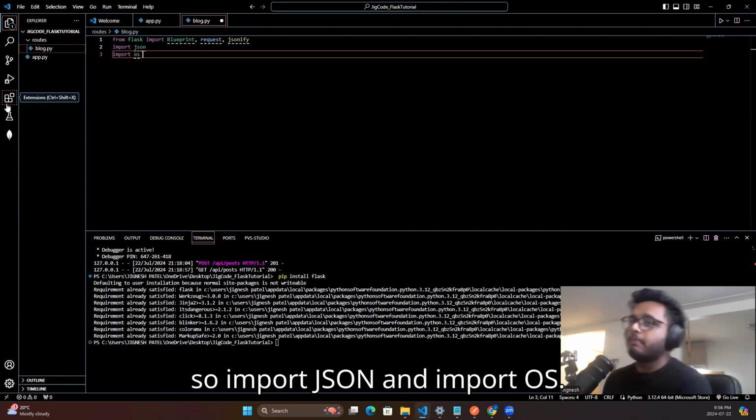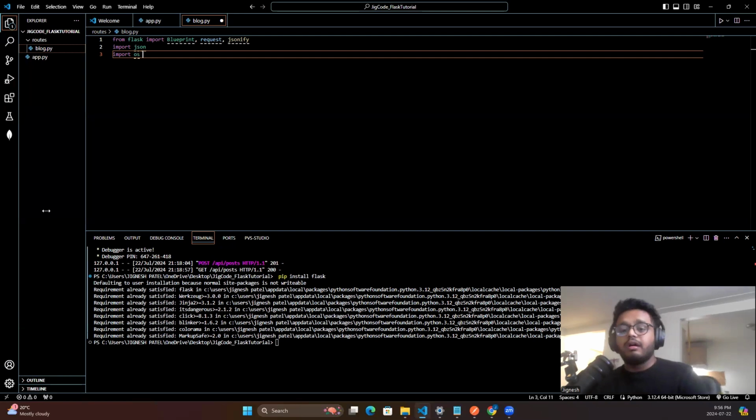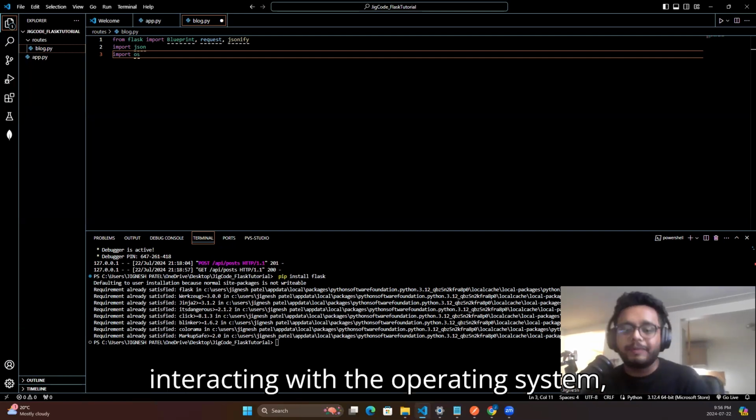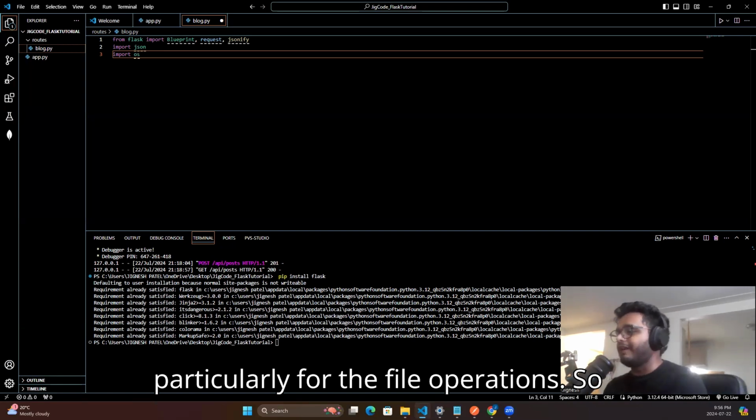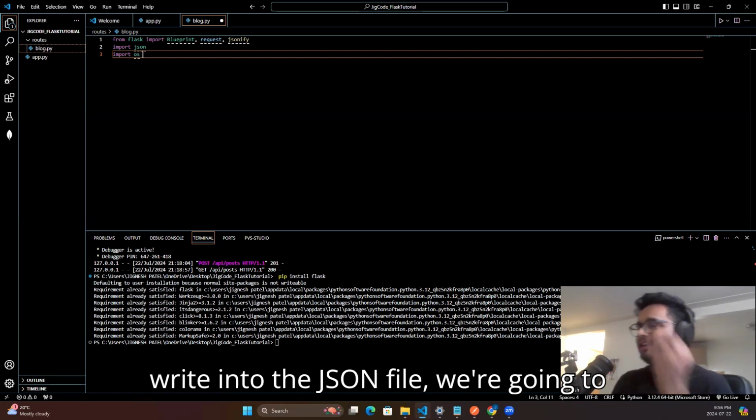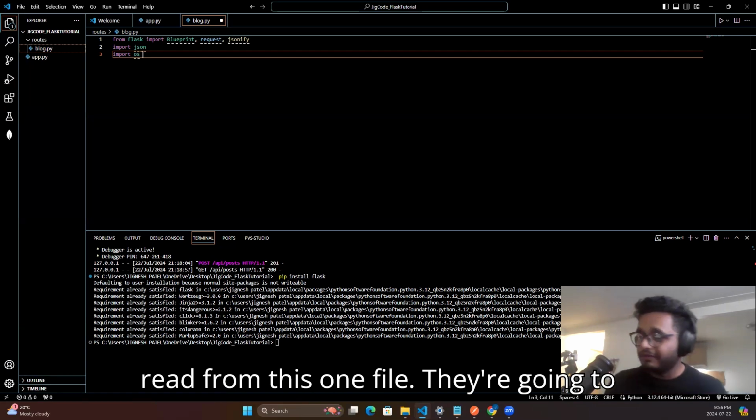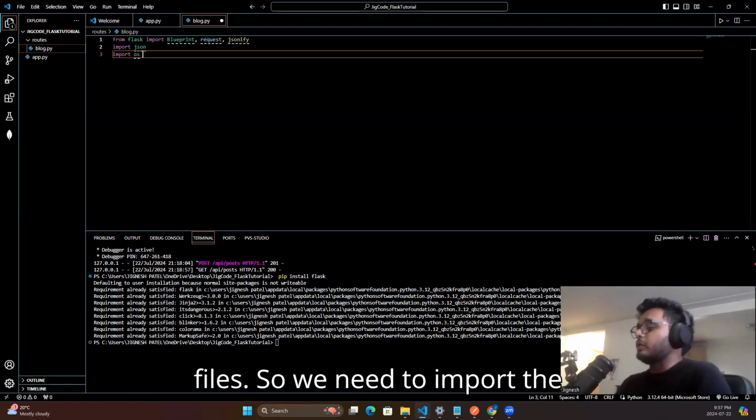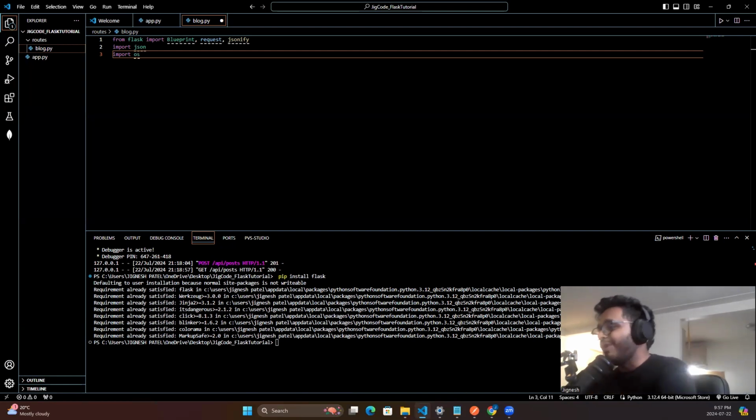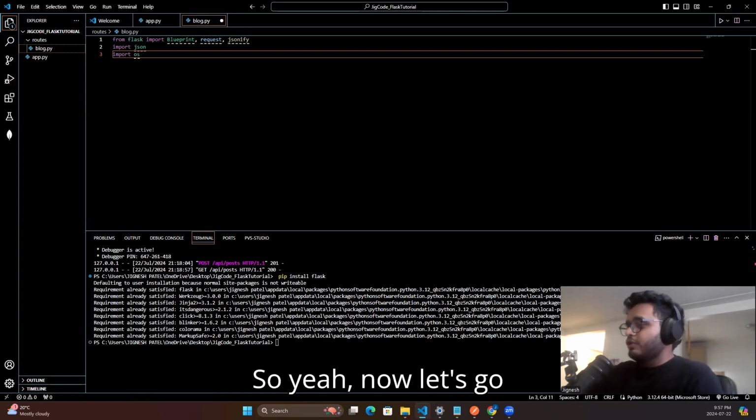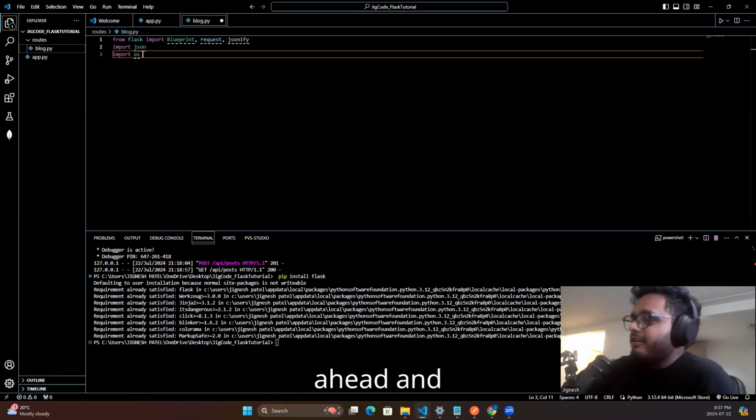So yeah, import json and import os. What is os for? This module helps in interacting with the operating system, particularly for file operations. So we're going to deal with particularly file operations here. We're going to write into the JSON file. We're going to read from the JSON file. We're going to do lots of CRUD operations in the JSON files. So we need to import the os library as well. So yeah, now let's go ahead and